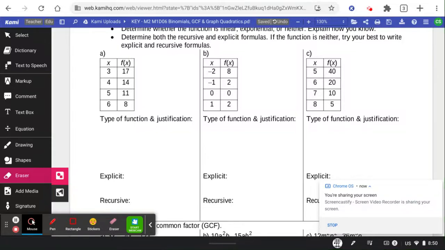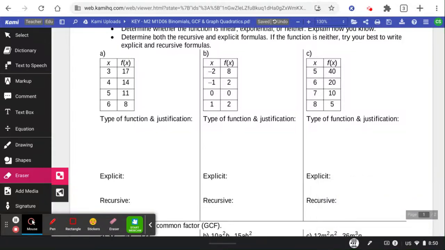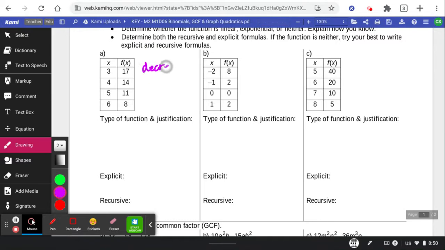Okay, so looking at this first table, we see it's a decreasing table, going from a 17 down to a 14, down to an 11, down to an 8. So notice that it's going down right here, 3, and then it goes down 3 again, it goes down 3 again. So when we're just subtracting the same constant rate, we're going to say that this is a linear function